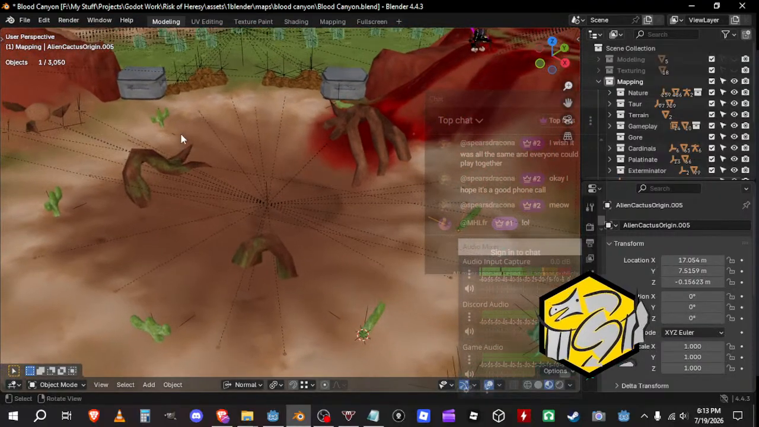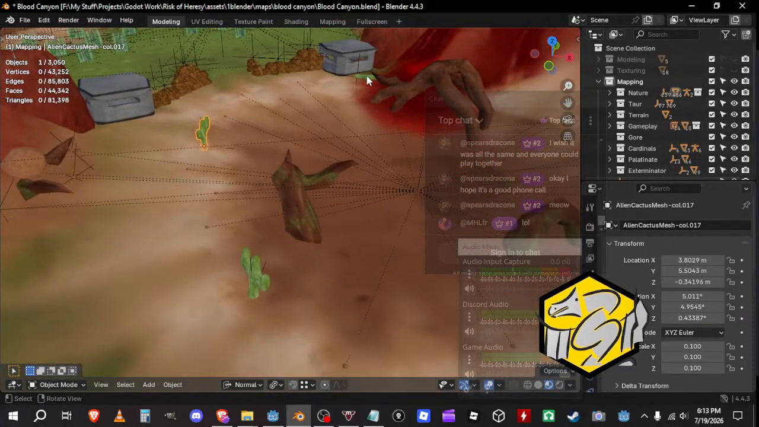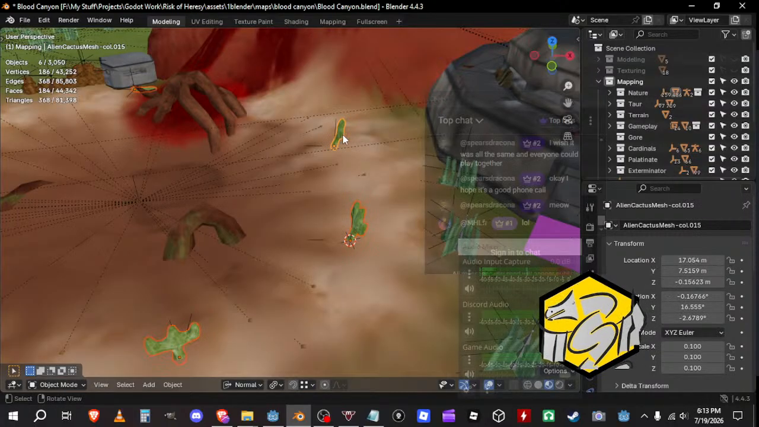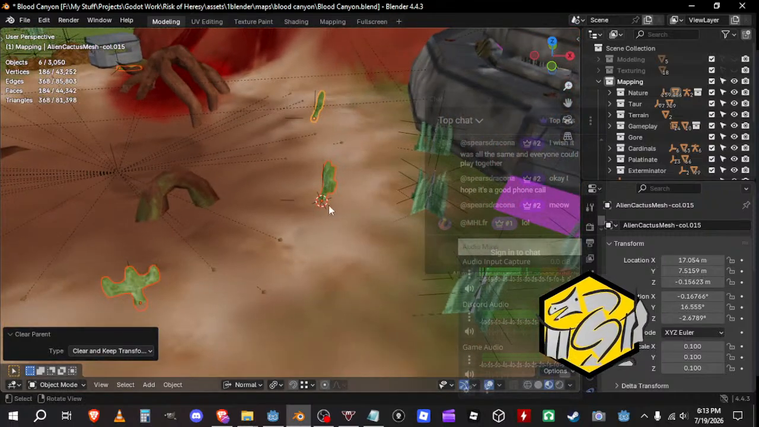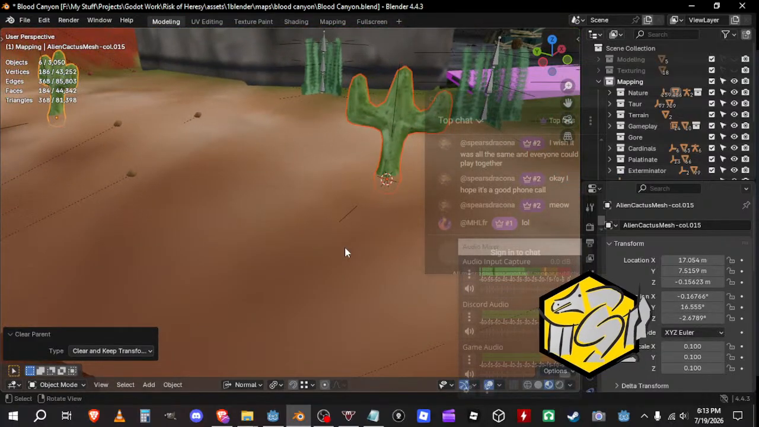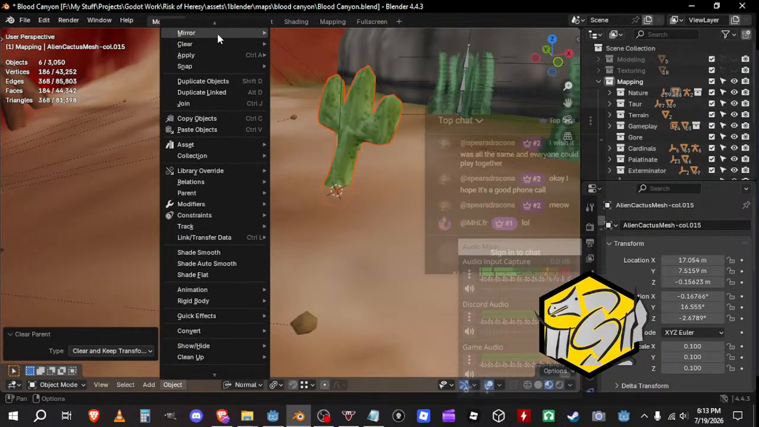So hang on, I gotta unparent all of these cactuses. And then I gotta take the rotation data, and because we already have the location, we just need the rotation data. So object